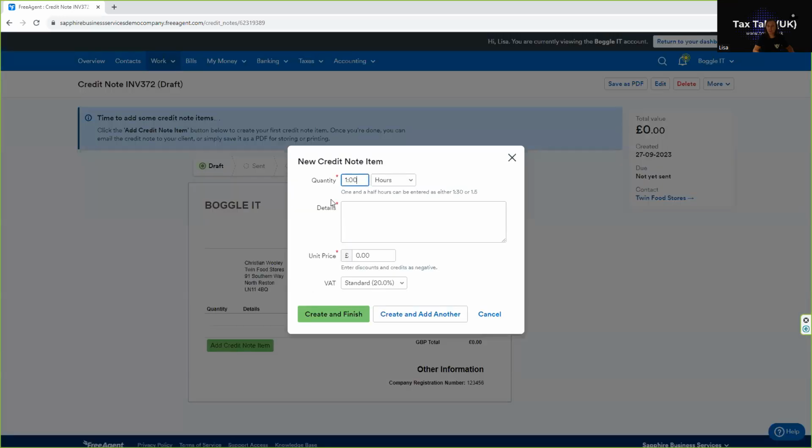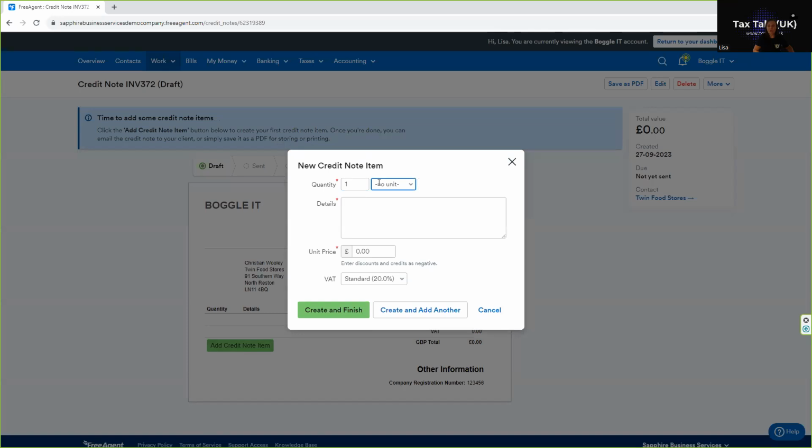So let's add the credit item. I'm going to just do quantity 1. I'm going to have no unit, but the same as the invoices. And really here, the lead would be from what you've put on the invoice. So here I'm going to put gesture of goodwill, and I'm going to be crediting half of that invoice. And much the same as when we do the invoices, we can add as many lines as we want or as few lines. And the details here really is for the benefit of your customer to understand, and for an audit trail, so you can understand why you